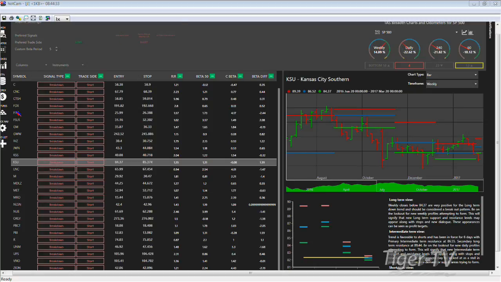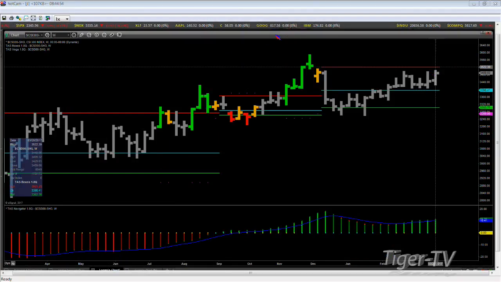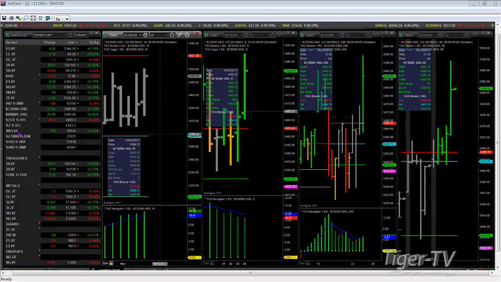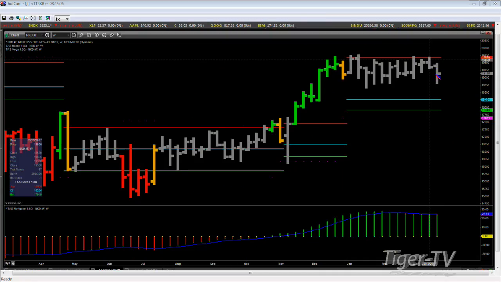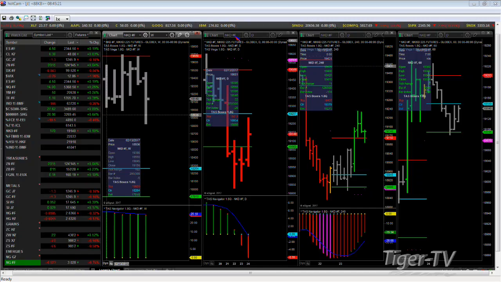All right, I want to, again, take a look at China here. I'm just a huge fan of trying to buy support on this and have it reach its lofty goal of 35.21. That hasn't happened yet, but I think you still got to block out the short side on the China A shares market there. Take a look at the Nikkei. This one didn't do exactly what I expected. Obviously the yen has a big role in this, but I really thought, waiting for the breakout above 19,680, it didn't happen. Now it's just back in no edge territory, so at least we're not long here on the yen.